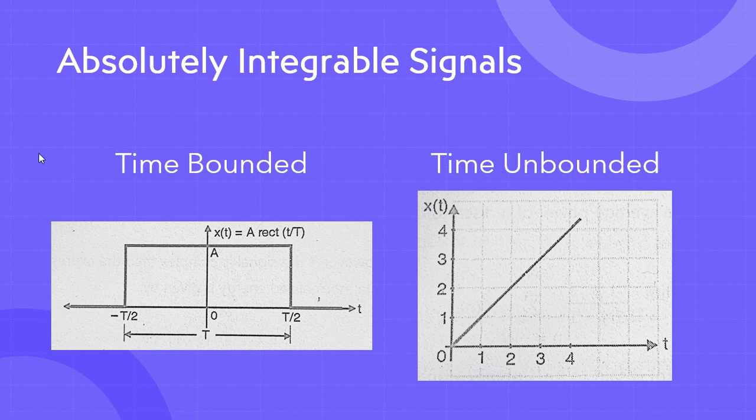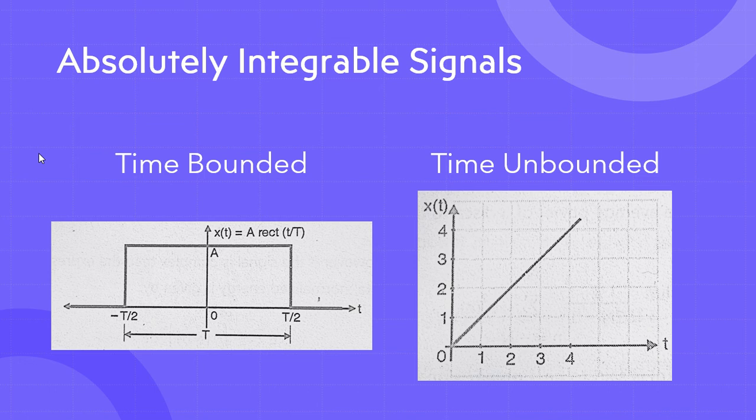Initially, in the beginning of the playlist, we have seen what is a signal, and what is a system. Then we have explored various kinds of signals. We have seen continuous time signals, discrete time signals, analog signals, digital signals. We have explored periodic and non-periodic signals, even and odd symmetry of the signals, power signals and energy signals. We have also seen what is a random signal and what is a deterministic signal. So we have explored these many types of signals till now, and today we are going to explore one